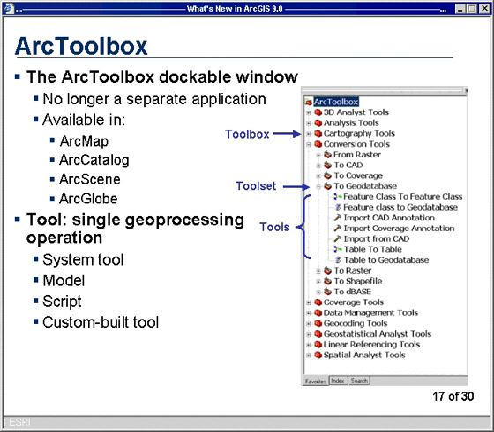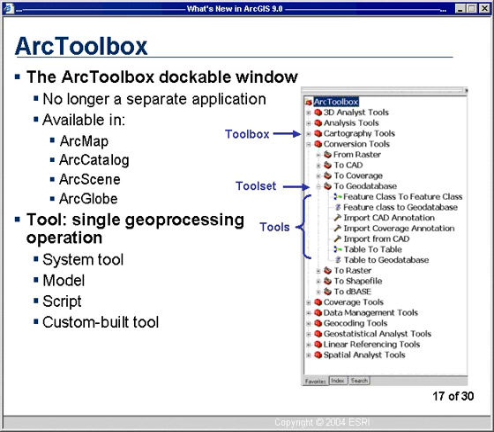So how does geoprocessing relate to ArcGIS 9? Well, we're going to be working with the geoprocessing tools through ArcToolbox. Now, many are familiar with using ArcToolbox at ArcGIS 8 as a separate application. At ArcGIS 9, ArcToolbox will no longer be a separate application. Rather, it will be a dockable window that will reside in an application. So it will be available in ArcMap or ArcCatalog, or some of the 3D Analyst applications we'll talk about